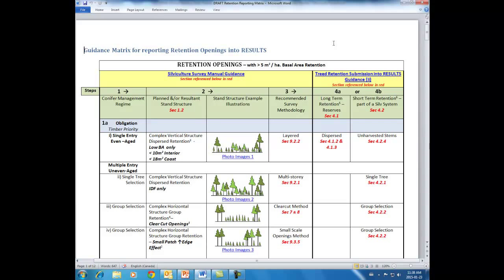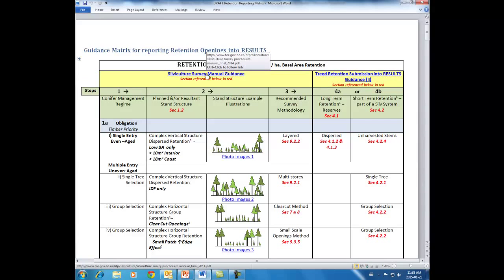And so the whole idea here is, as we have noticed, what I've done is have that split on the top. I'm just going to sort of highlight, maybe I can highlight some rows here. Yeah, there we go. You can highlight that row. And so what I've done is separated 1 to 3 is for the survey manual as columns, and 4A to 4B is the tree retention. And these are live links,